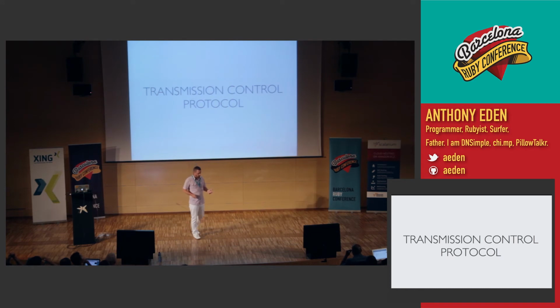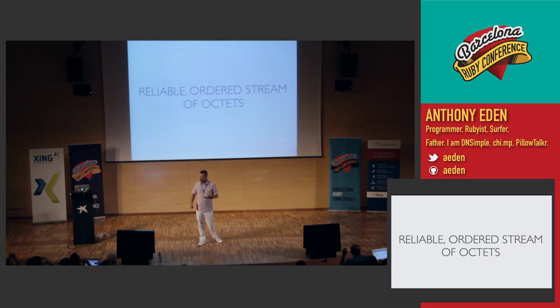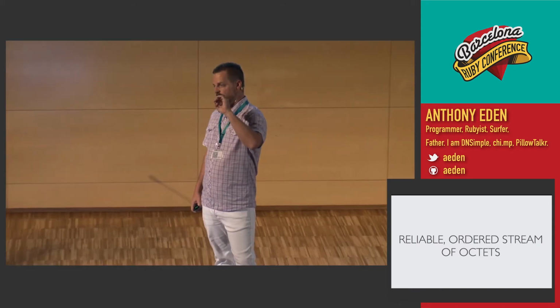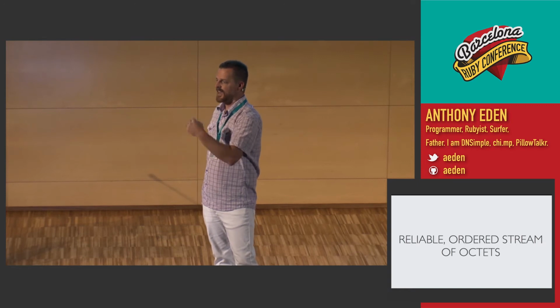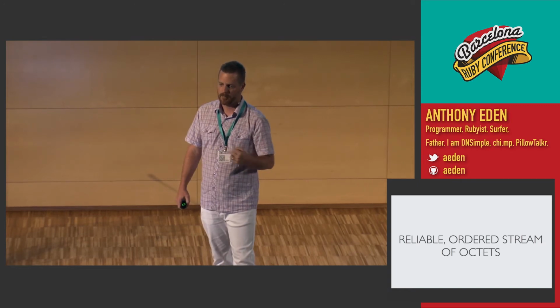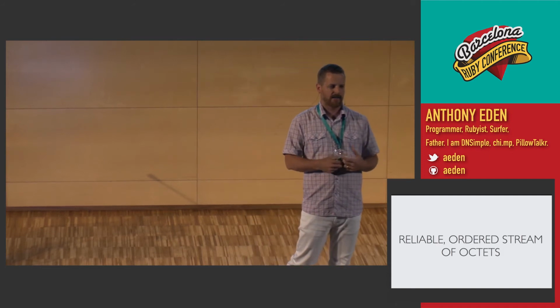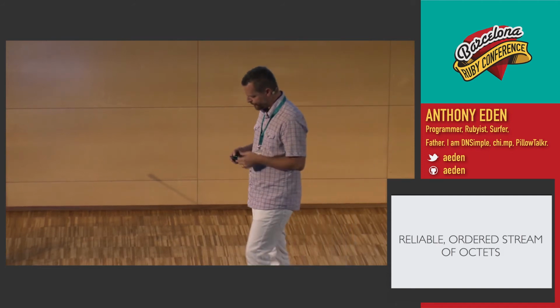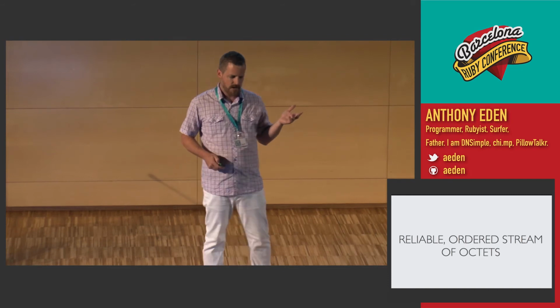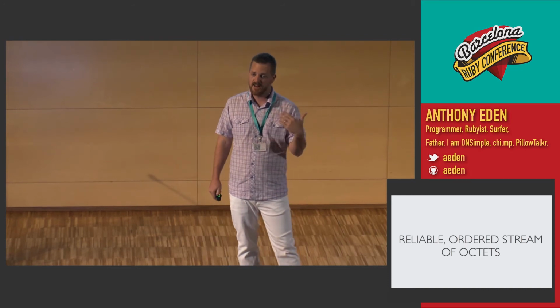Transmission Control Protocol is essentially a reliable protocol that lets you have an ordered stream of octets. It basically says, if you actually want to get this thing, I guarantee I will get it to you. It might take me a couple of retries, it might take a little longer, but there's guaranteed delivery of packets back and forth. That's really important, especially for things like HTTP, although what's interesting is that in the HTTP spec,